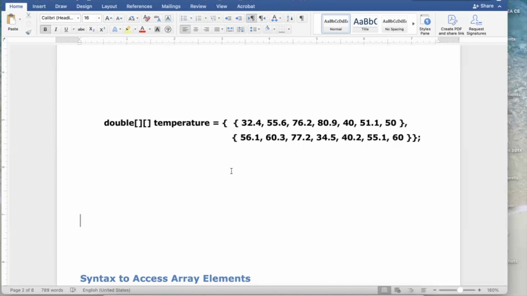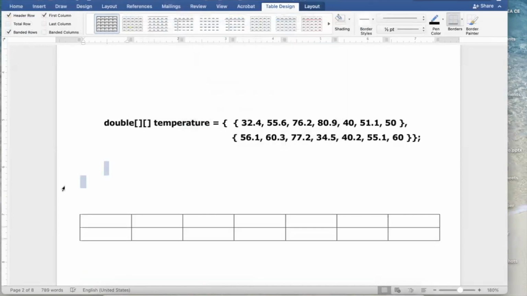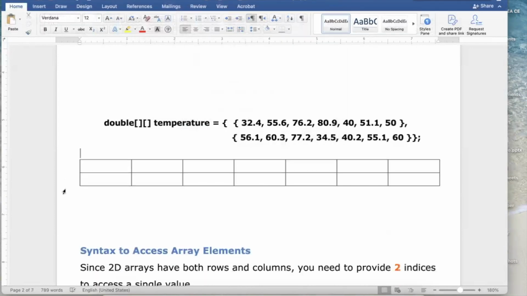Maybe it's a reading that we're taking from an experiment, or maybe it's the outdoor temperature for that day. In any event, if we want to store temperature readings across 7 days of the week and a 2-week period, we'd want to create an array that has 2 rows and 7 columns. I'm going to draw that in here again with Microsoft Word. So I want to have 7 columns and 2 different rows. Visually, my data that I'm storing, I'm imagining is going to look something like this, where each box represents a